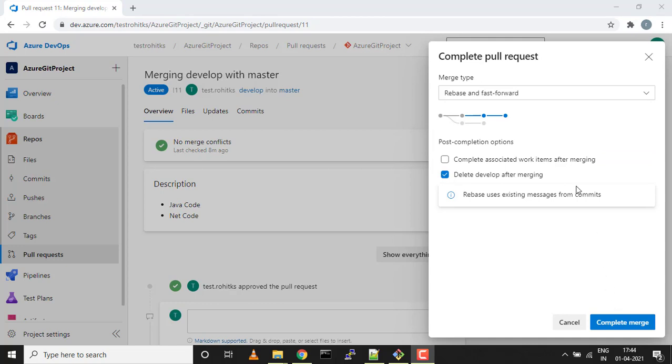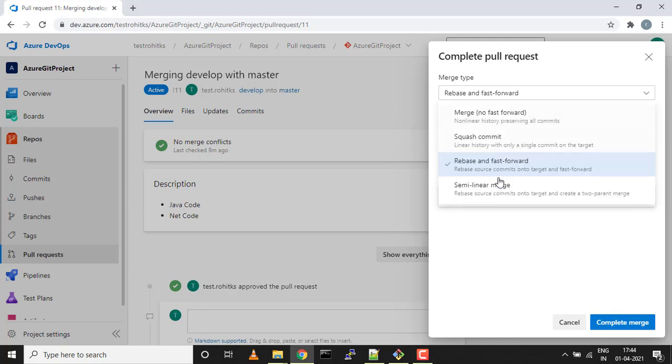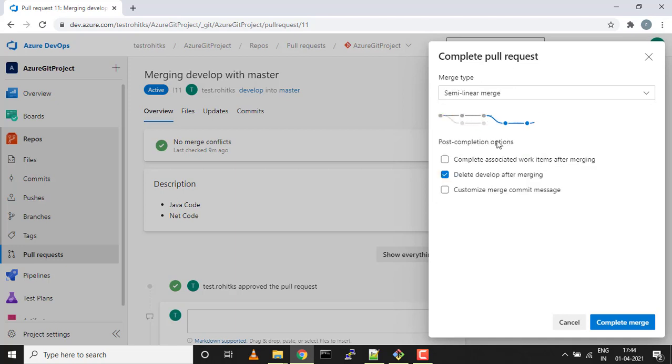Let's talk about semi-linear merge commit. Semi-linear merge commit is the most exotic merge type in Azure DevOps, wherein it is a mix of a rebase as well as a merge commit. Let's see this. In semi-linear, what exactly happens?